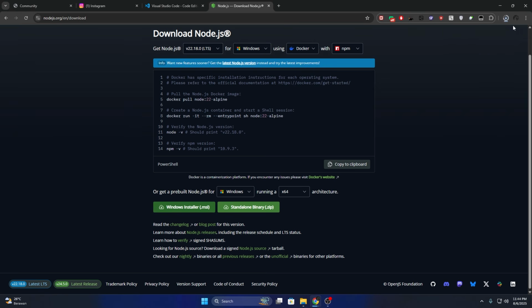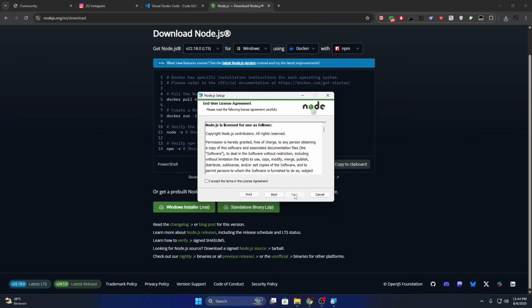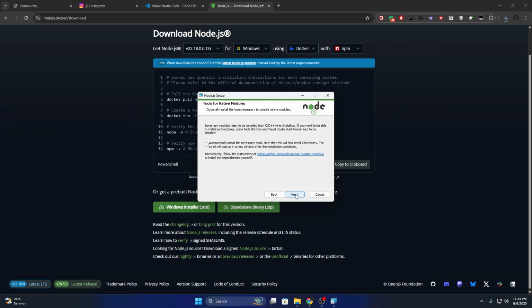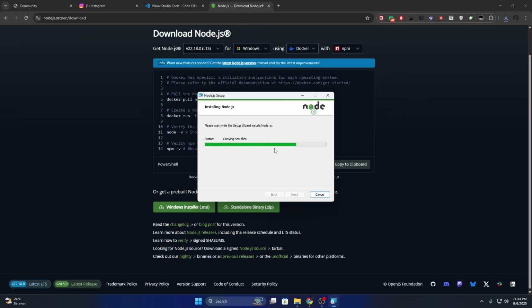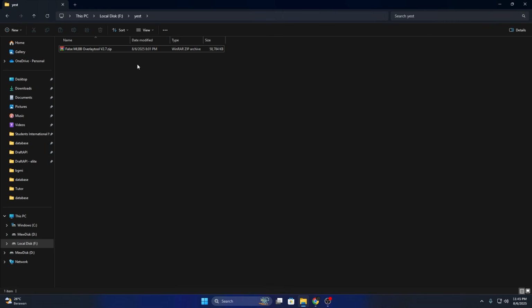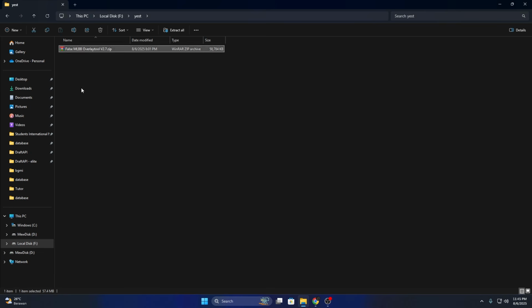Download. Okay, now the file is downloading, and then we press run, and then just next, accept, next, install. And then as you can see here, the file is installing. Finish. Now Node.js is installed on your computer, and we're back to our file here, and we're gonna extract it. Right click,